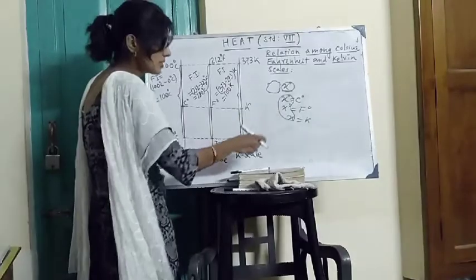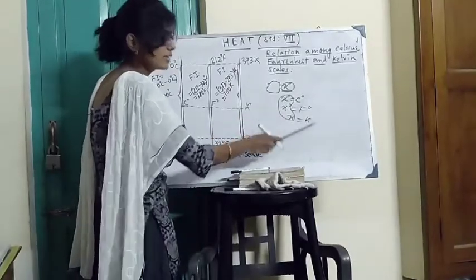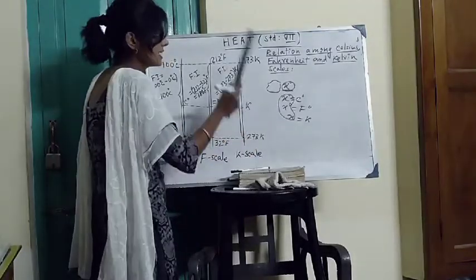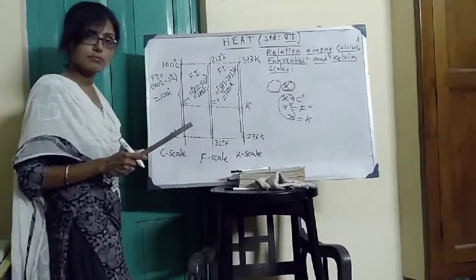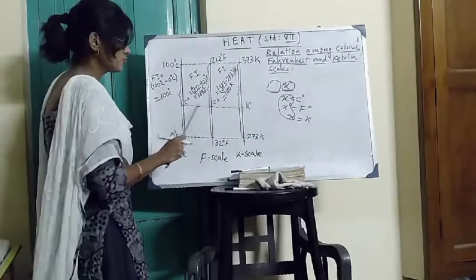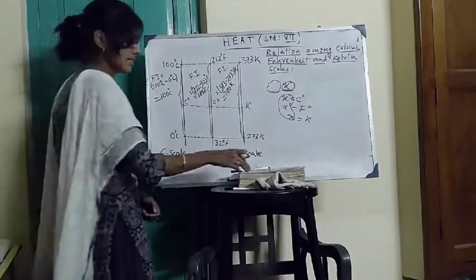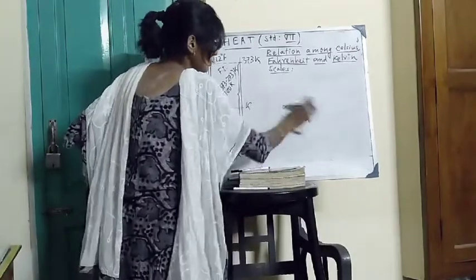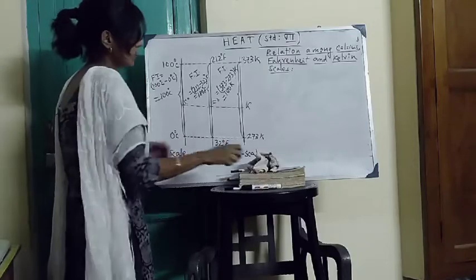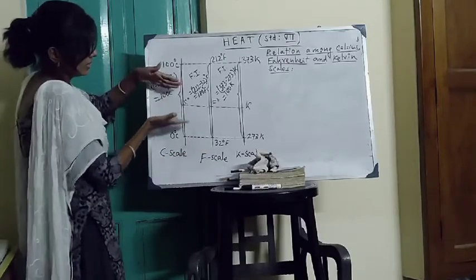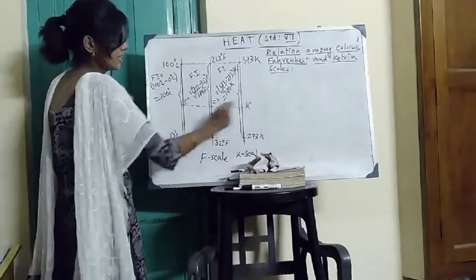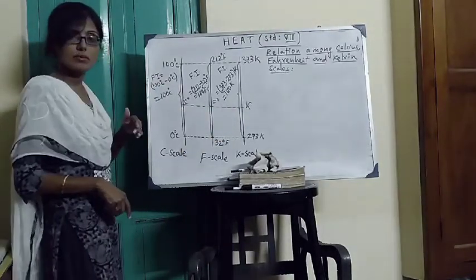Why? Because these 3 temperatures mean 3 different numerical values. Those represent the unknown temperature x of the unknown body. Here, take temperature x is constant. So, these 3 points will lie on the same horizontal line. Now, same logic. Look at the diagram. These 3 points are lying on the same horizontal line. C, F and K, these 3 will lie on the same horizontal line.